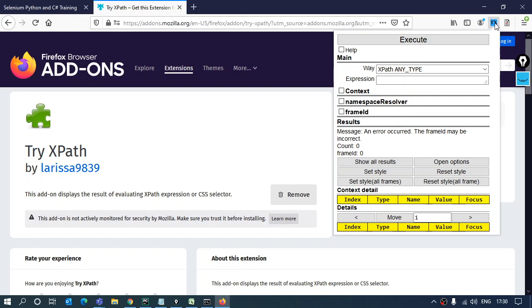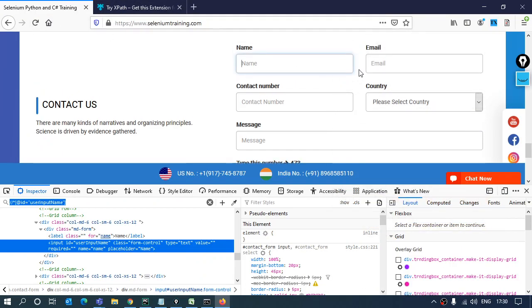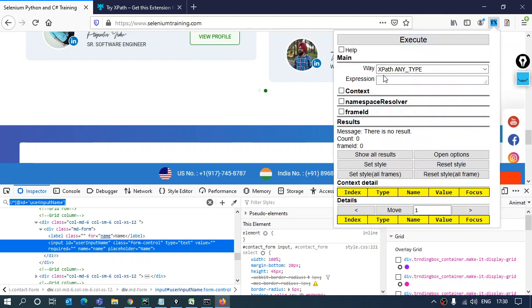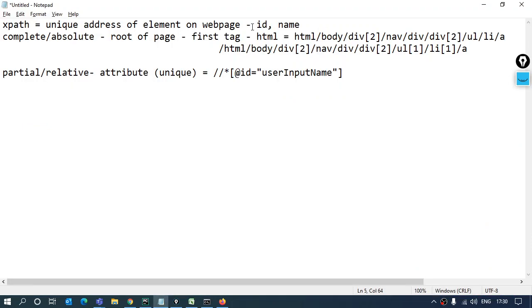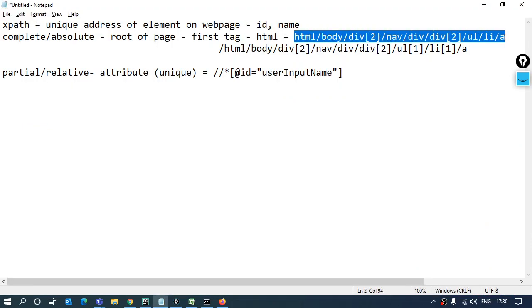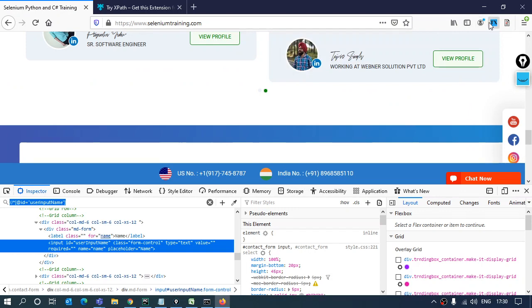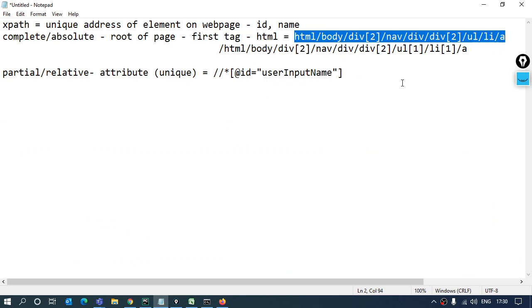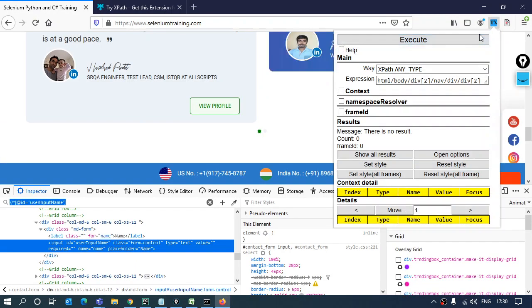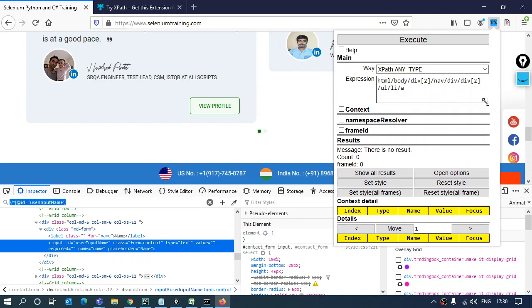Now these are just for the partial XPaths, because sometimes when we create the partial XPaths they might be wrong. So over here I can just put in the expression whichever I want to look for. If I go back to my seleniumtraining.com and give the complete XPath that we have made, what will it do? It's not giving me the complete one. I'll copy. Yeah, over here now I get it like this.